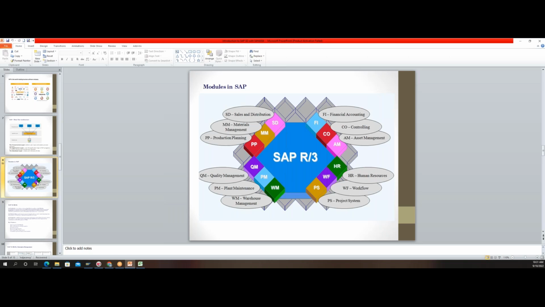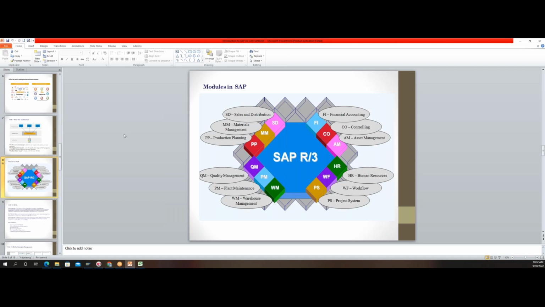Okay, so just to refresh, we have gone through a couple of topics: what is ERP, then types of ERPs, then ERP products. Then we understood what is SAP and how SAP evolved, and the three-tier architecture. Now let's understand the various modules supported by SAP. SAP as an ERP product is something we know by now. Now, what is inside SAP is something we will understand.